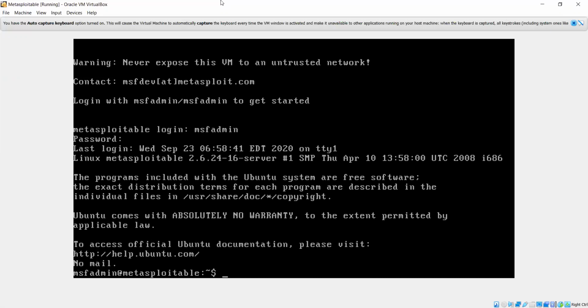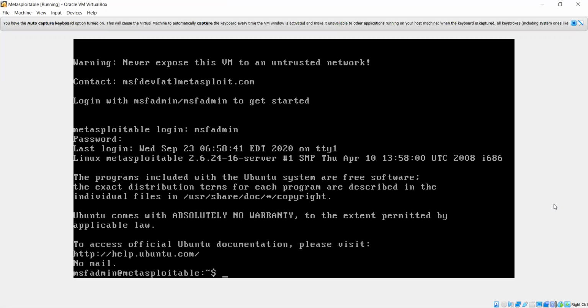So there's nothing that I have to essentially do here. I just wanted to show you this so that when you have been able to configure Metasploitable 2 correctly, this is the kind of screen that you will get. You will be able to log in. But now there's nothing that I'm going to do on this system.